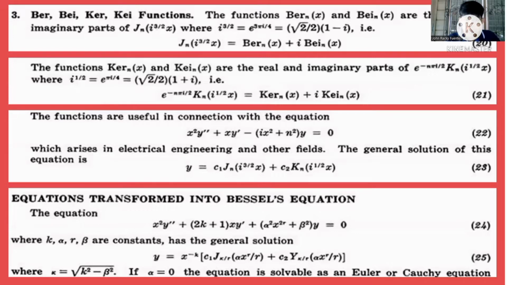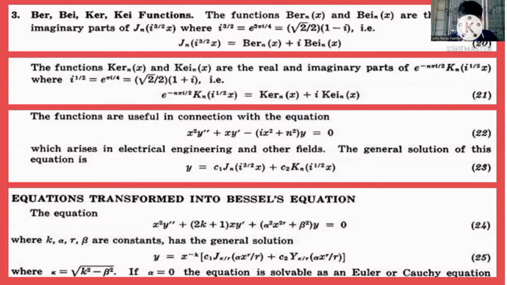x squared y double prime plus x y prime minus (i x squared plus n squared) times y is equals to 0, which arise in electrical engineering and other fields. Nakikita daw to sa electrical engineering and sa other fields. Madalas siyang gamitin. The general solution of this equation is, ito yung pinaka-general solution niya, is yung y equals to